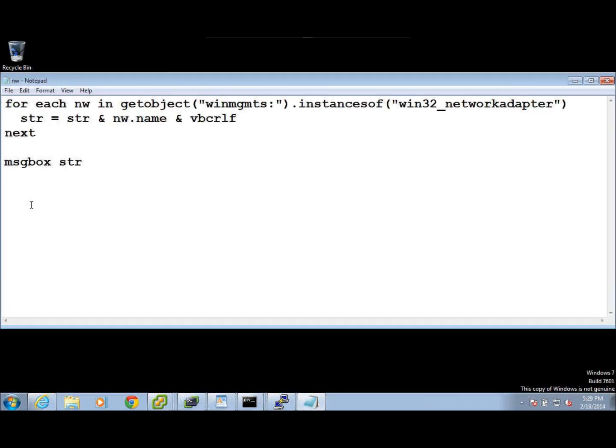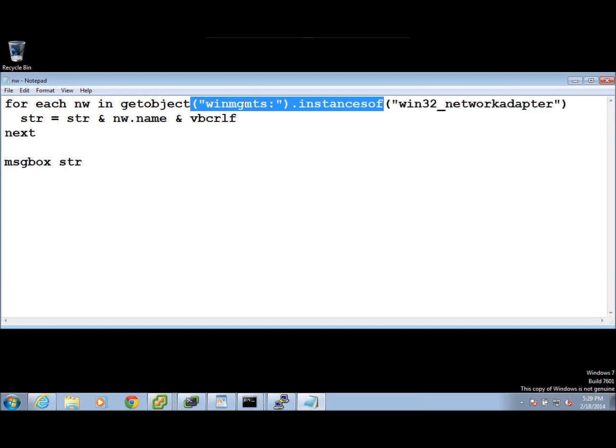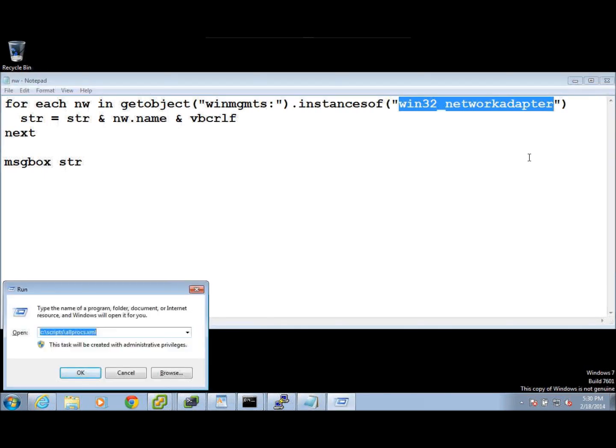Okay. Now what this is going to do is interrogate the network adapter on the machine that I'm on, and based on the WMI package, tell me the names of the network adapters that it finds using this provider. Now if I ran this, if I said C scripts,